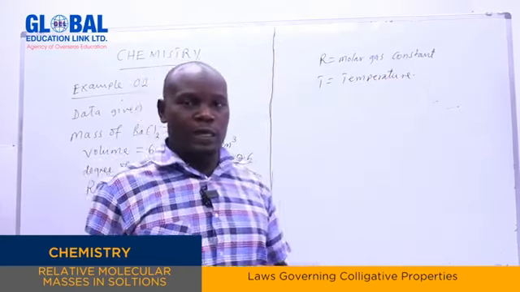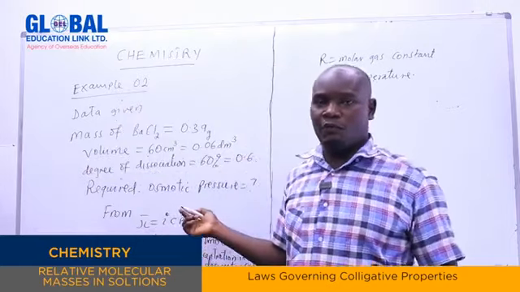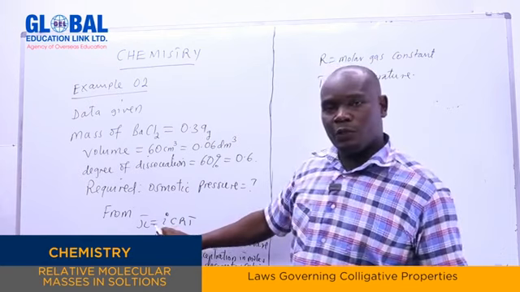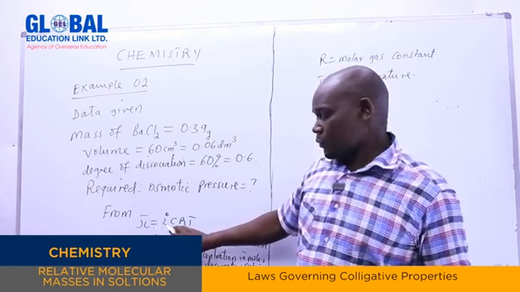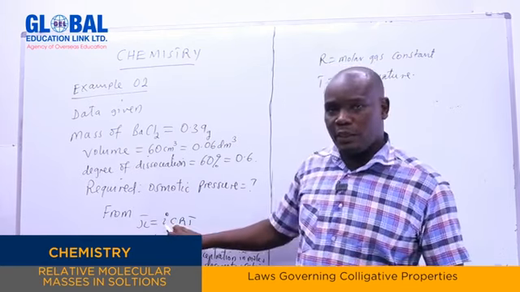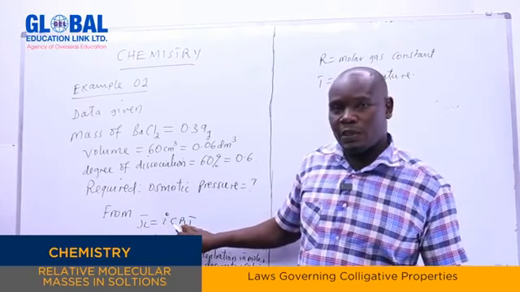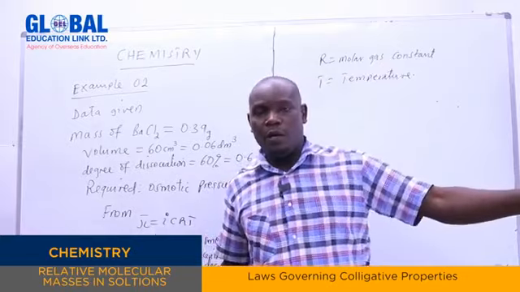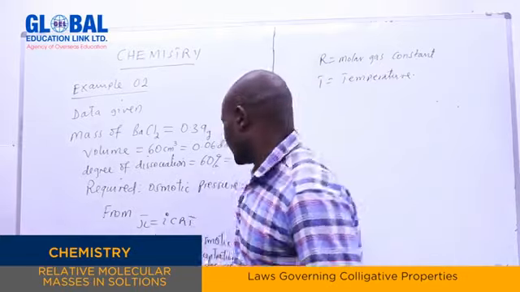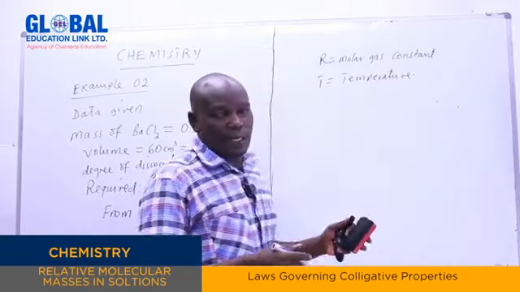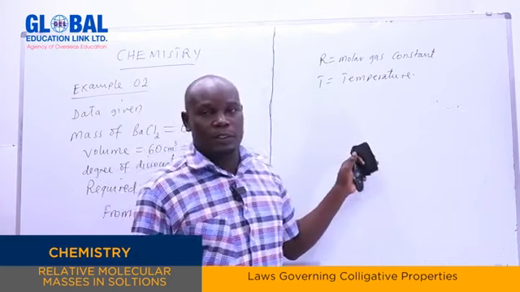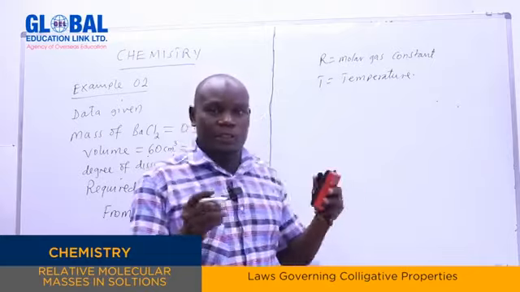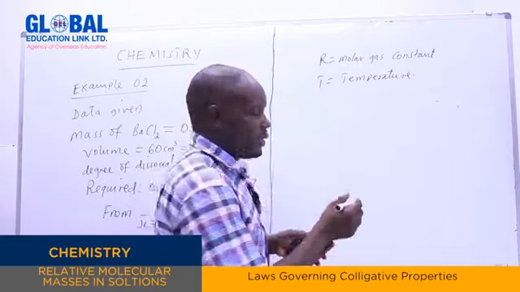So if we observe now from our example and the data given, we have the degree of dissociation, we don't have the concentration, but we have the molar gas constant, and we have also the temperature, which is given as 298 Kelvin. Which means that here now we have to find out the concentration of our solution. Now the concentration of our solution can be calculated from